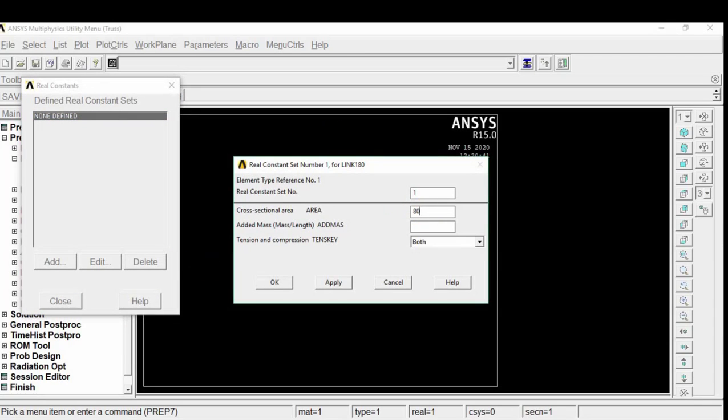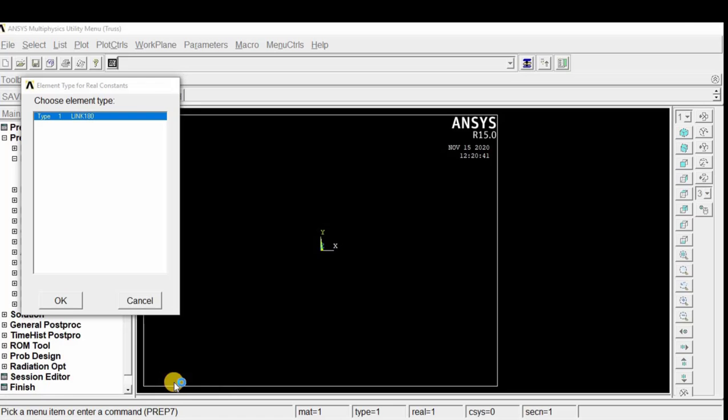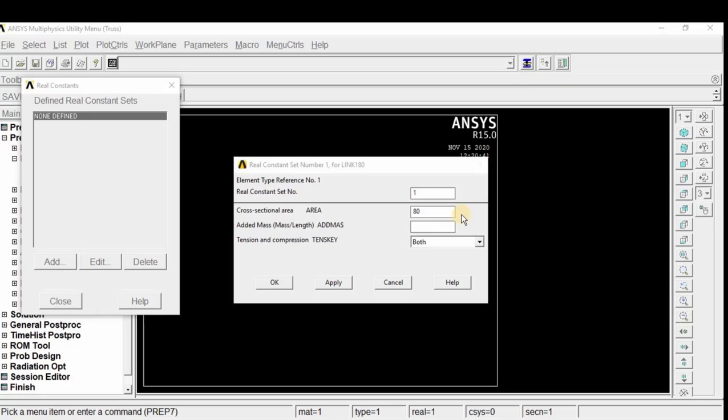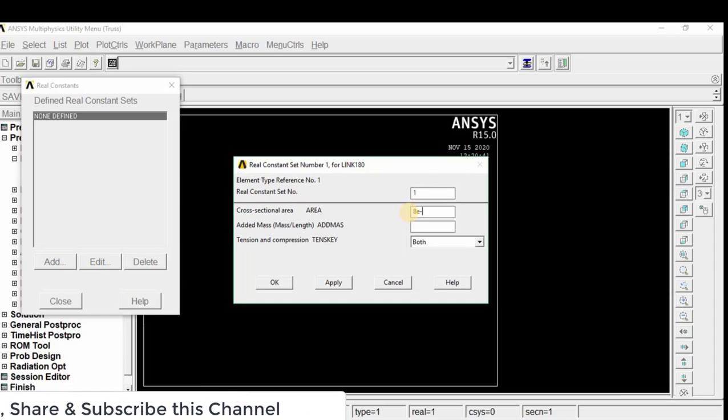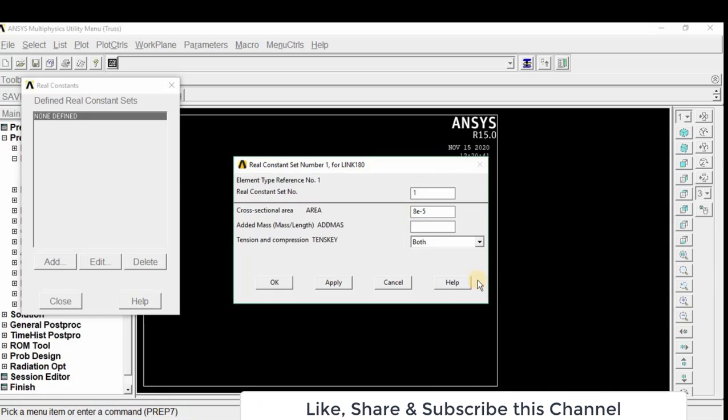Okay, so first thing, let's check here. All dimensions are in meters. If the area is in mm square, I'll convert it into meters. So what is the actual conversion of 80? See here, 80 mm square means 8e raised to minus 5, because 80 times 10 to the minus 6. So this is